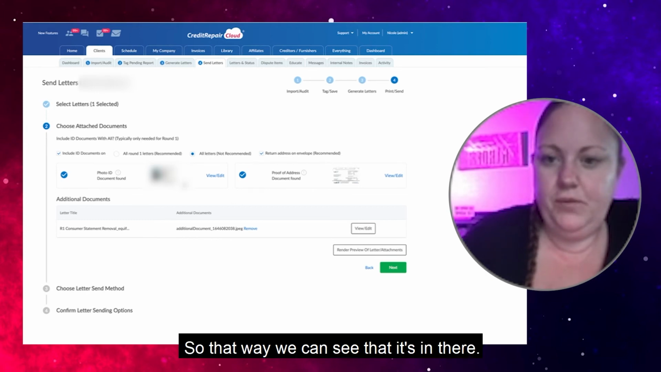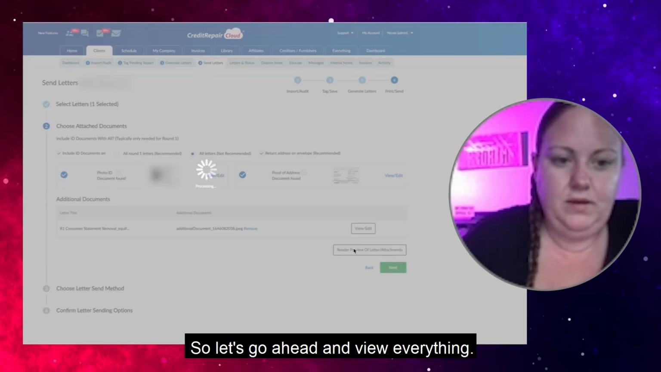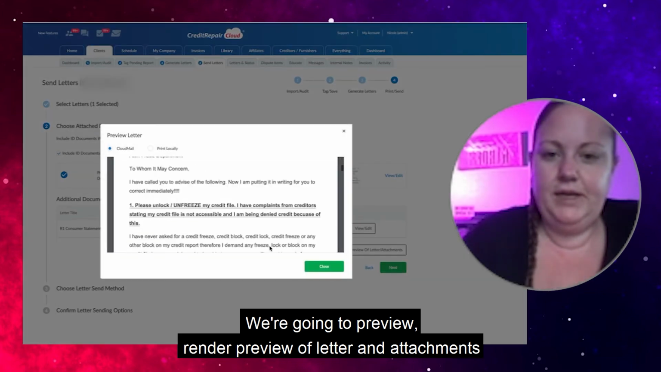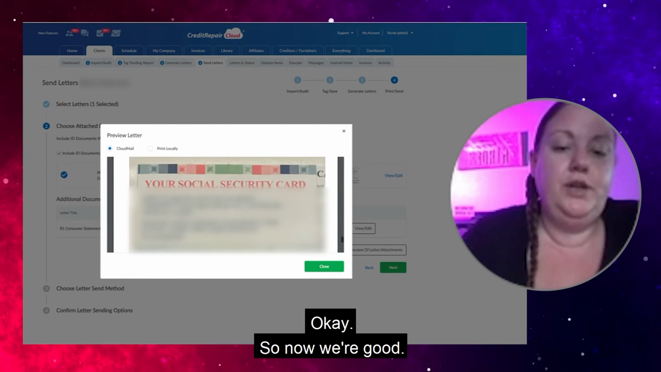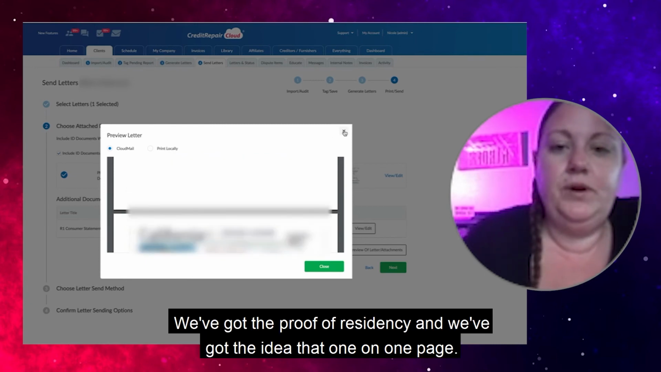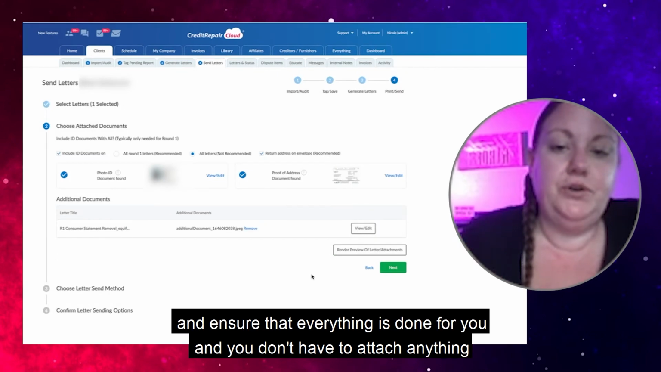All letters. So that way we can see that it's in there. So let's go ahead and view everything. We're going to render preview of letter and attachments to make sure that everything attached properly. Okay, so now we're good. We've got the proof of residency and we've got the ID that went on one page. So that's great. So that's the way that you can go back and ensure that everything is done for you,